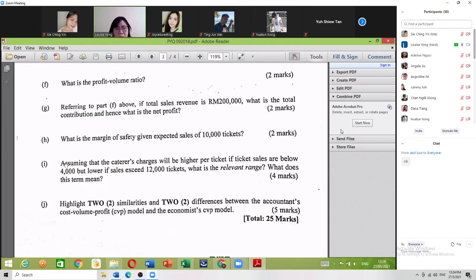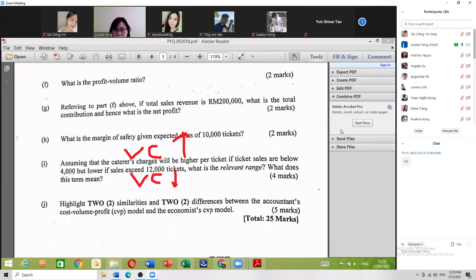Then the next one. So they ask you, assuming the catering charge will be higher per ticket if the sales ticket are below 4,000. 如果你的 ticket 卖的不理想，你只卖4000个 ticket 出去，then 你的 variable cost catering charges 就会 increasing。但是如果你的 ticket 卖到越高，then 它的 variable cost 就很便宜啦，lower，12,000就 lower。